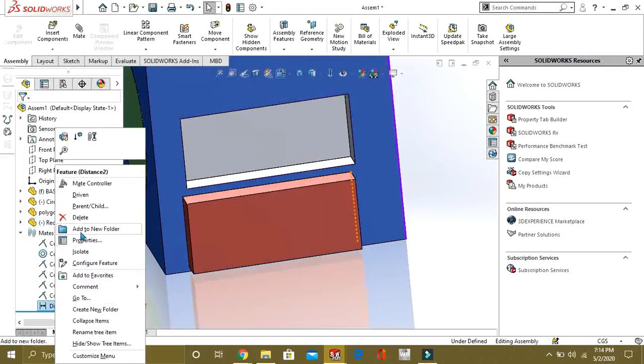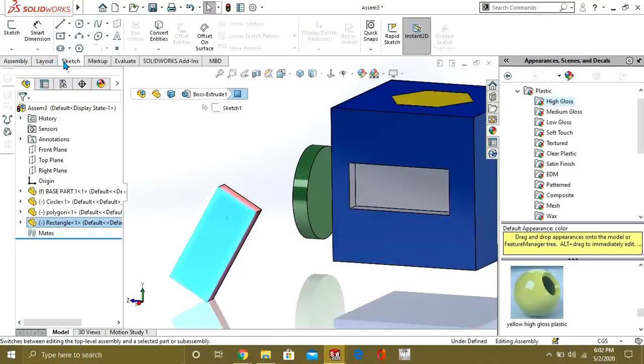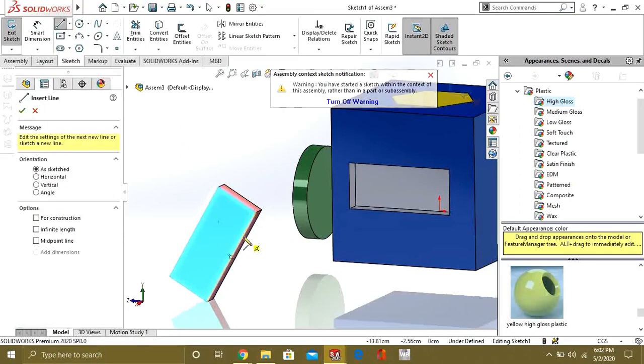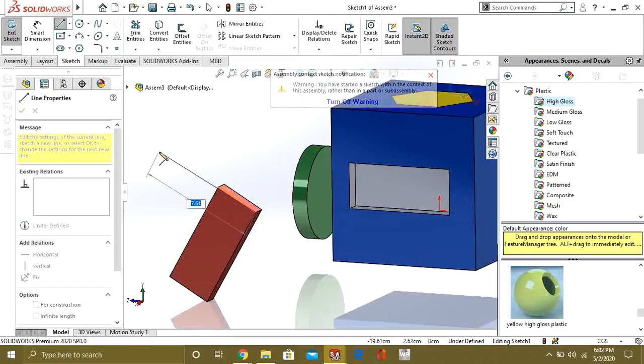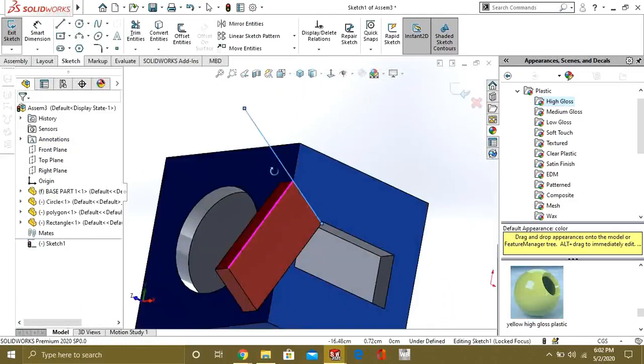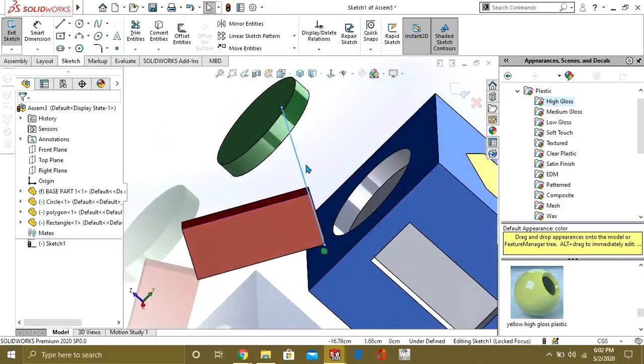Now we will see what the angle command is. For the angle mate, I am going to sketch some line on this face like this. I am going to give an angle to this rectangle with respect to this line.